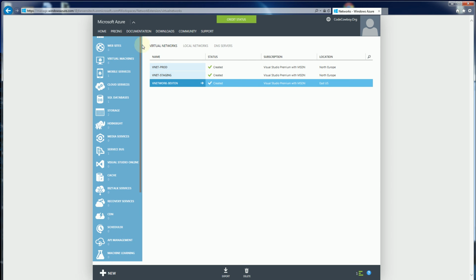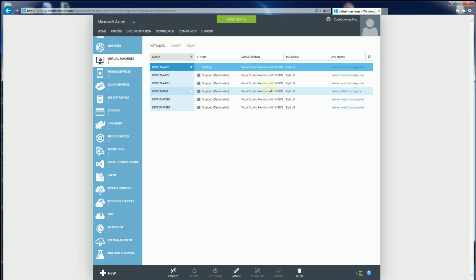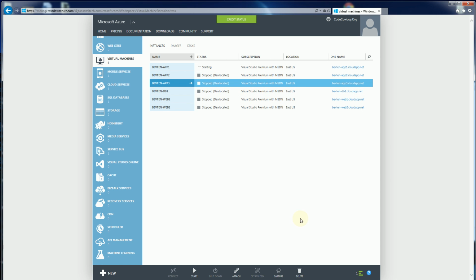So what I'm going to do here is go back to my VMs and actually delete it. So when I choose delete here, don't be too alarmed when you click delete. It gives you two choices: delete the attached disk or keep the attached disk. I'm going to choose keep the attached disk,